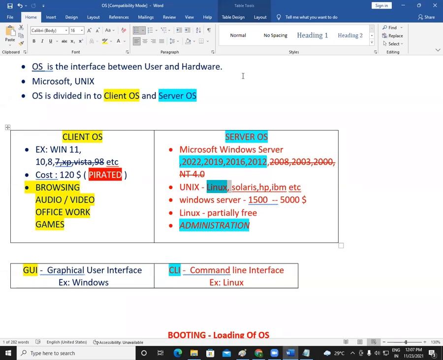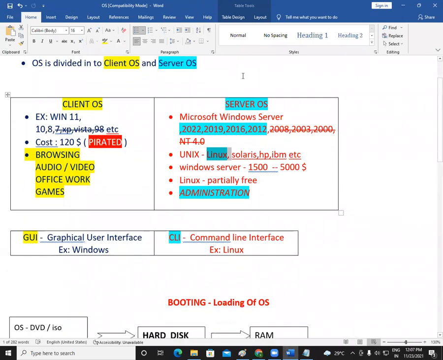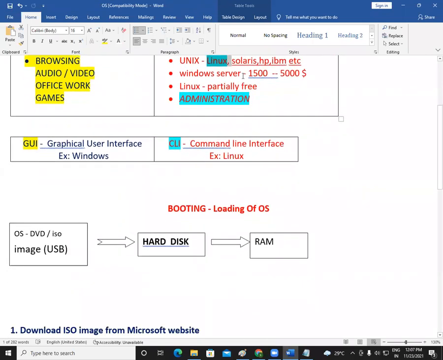There is nothing in that server hard disk. So what we have to do is take the operating system DVD or take the operating system as a file and install the operating system into the server or computer. Then only the server or computer will work. If you're not installing any operating system in the computer, the computer is just a hardware machine. The server is just a hardware machine. It will not work until and unless we install that operating system. The hardware will not work. So how to do that installation is this process actually.